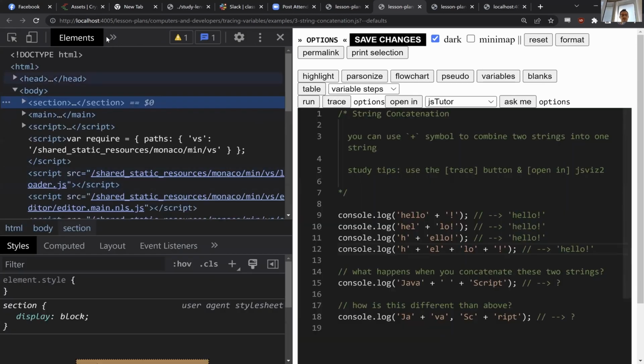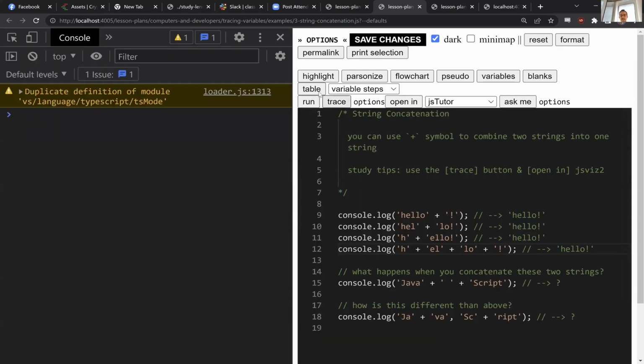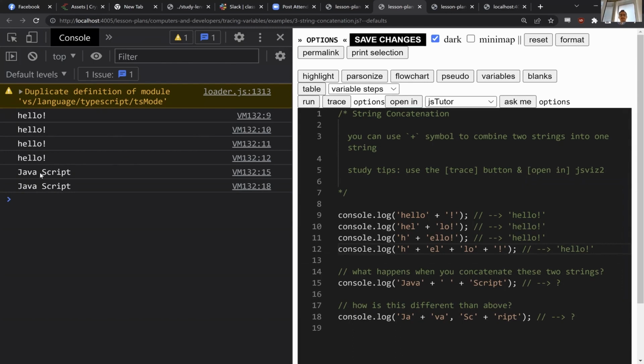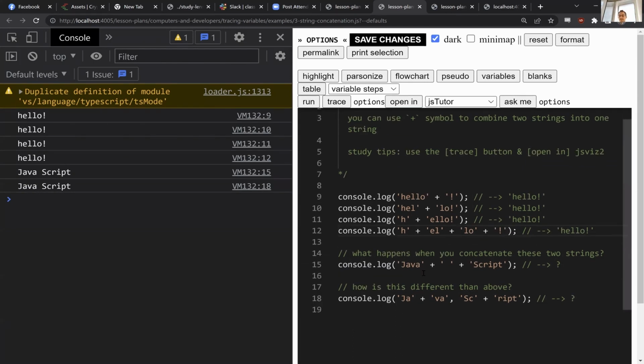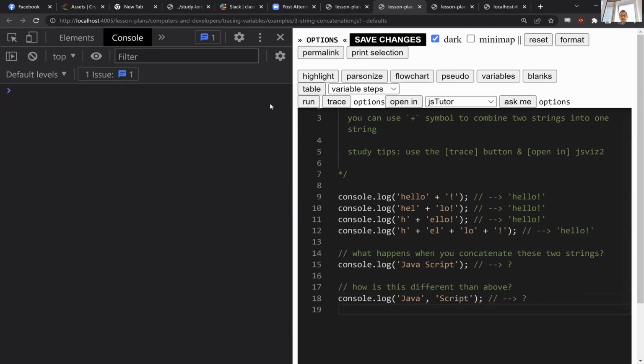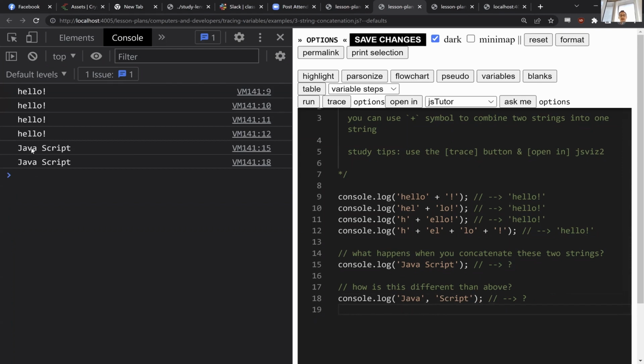The reason that you saw that extra little space there is because there are two things. So these look identical, and this is where the console can sometimes be confusing. In this example, I added a space between Java and script, or maybe it's easier without the concatenation. We just see that I'm printing Java space script, and here I'm printing Java, comma script. So let's clear and run that again. They look identical,